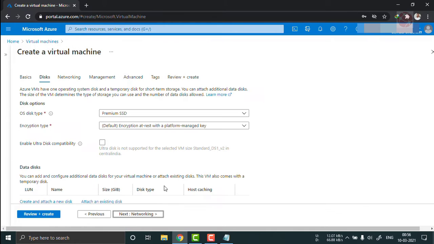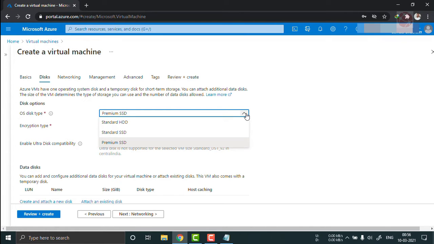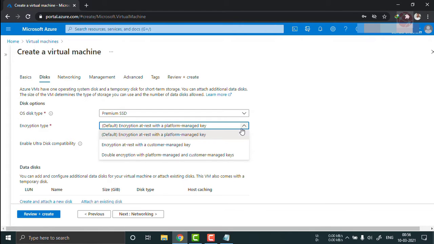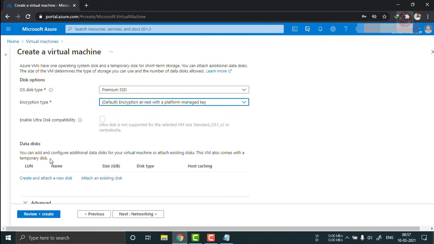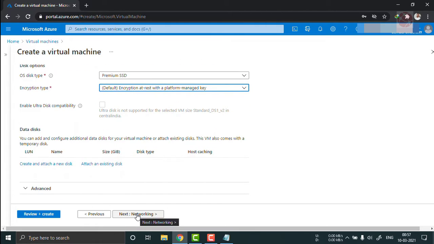next, here you will select the OS disk type. Do you want to use a standard hard disk or premium SSD? Let's go with the premium SSD. Encryption type, you have to select any of them. By default, encryption at rest is selected. Then next,